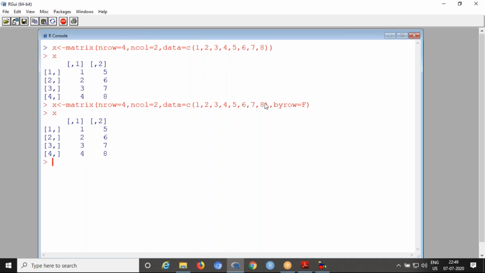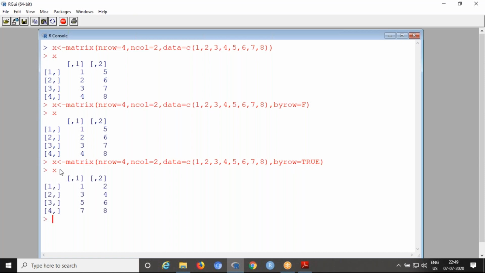The reason is byrow equal to false is the default one. Whether provided or not, it displays the matrix column wise. Now if you want to display the matrix row wise, here you can use byrow equal to TRUE or simply capital T. Now you can call the matrix X. Now here you can observe the difference.